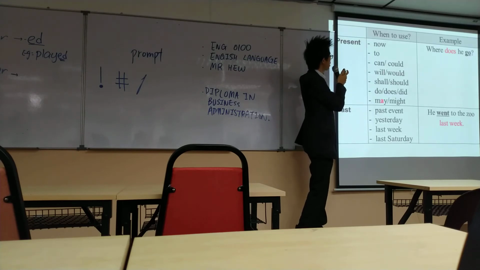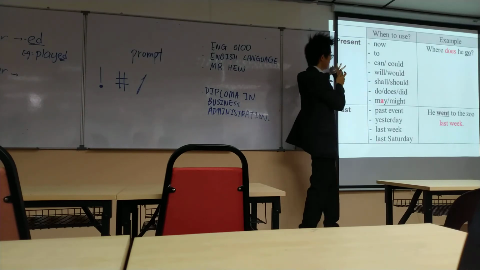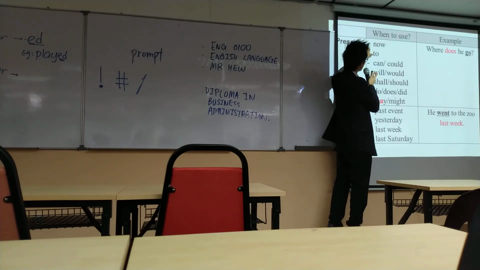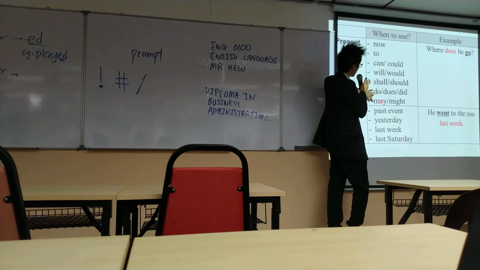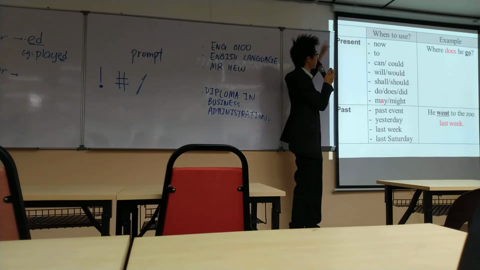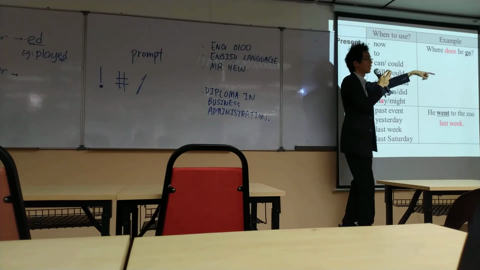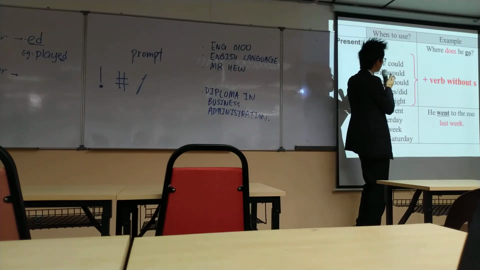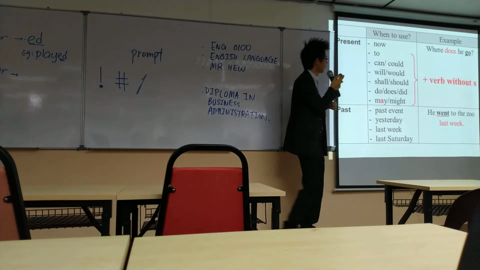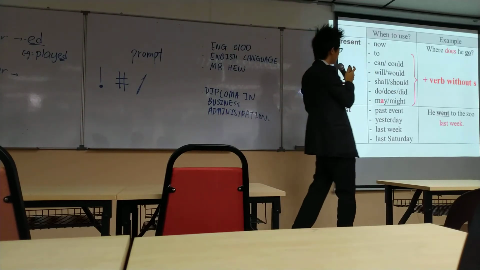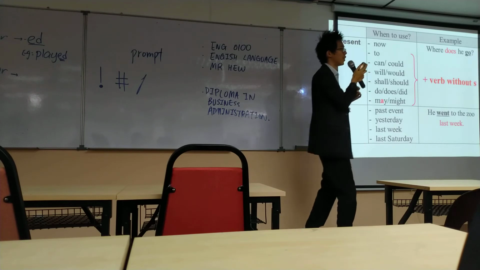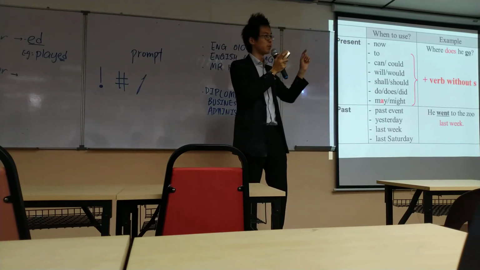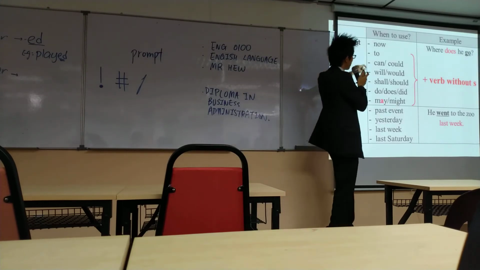Okay. If the question asks, I'll make it short and simple, okay? If the keyword is one of these: to, can, could, will, would, shall, should, do, does, did, may, might. If you see these words, the verb behind them uses present tense without s. You can write it down. Present tense without s, which we call root word. Root word is like the root of a tree, roots. Not that root idea. Root word.